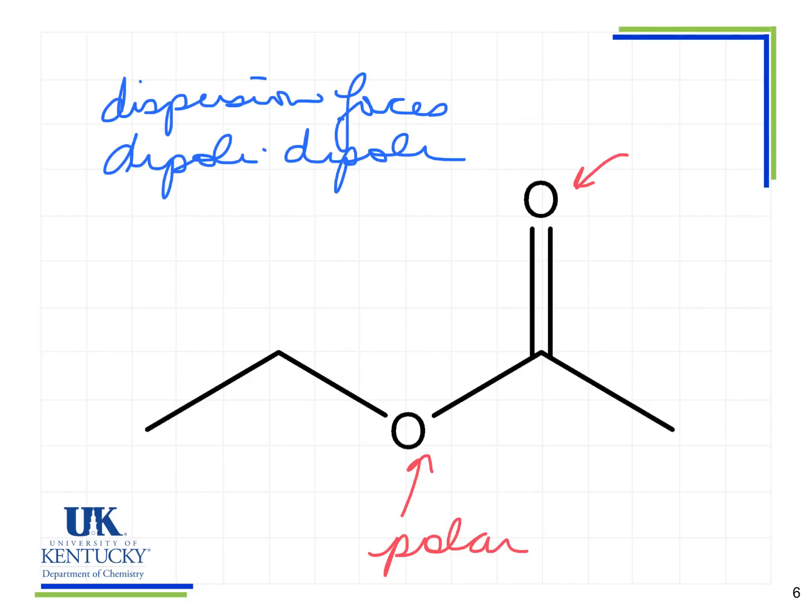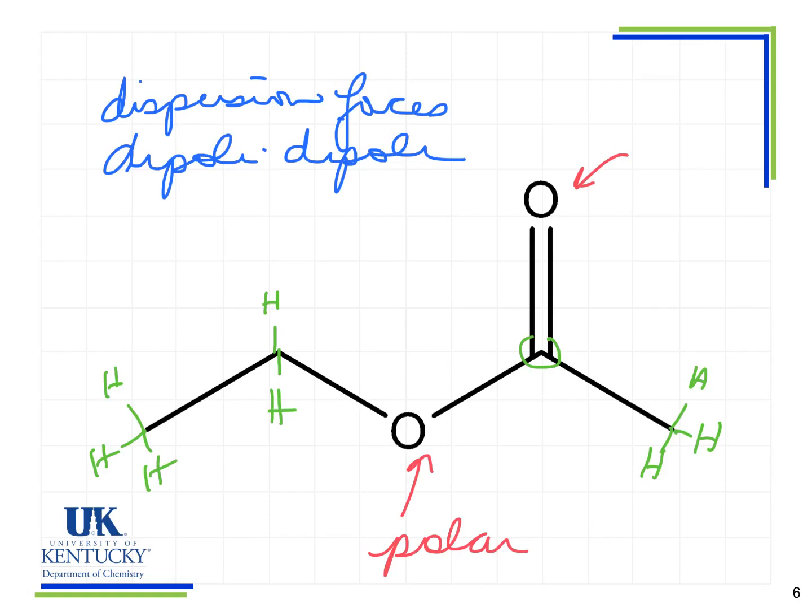Okay. Now I have to decide if I have hydrogen bonding. And so what I want to look at is where my hydrogens are in this molecule. So what we're going to do is say, okay, we've got hydrogen, hydrogen, hydrogen. No hydrogens on our oxygen, no hydrogens here because we've already got 4 bonds. Hydrogen, hydrogen, and hydrogen. And what we see is that we don't actually meet that definition of hydrogen bonding because